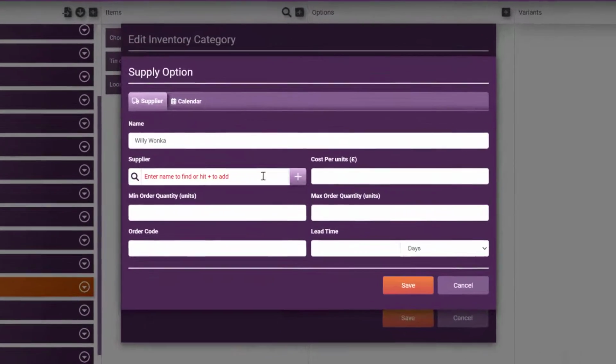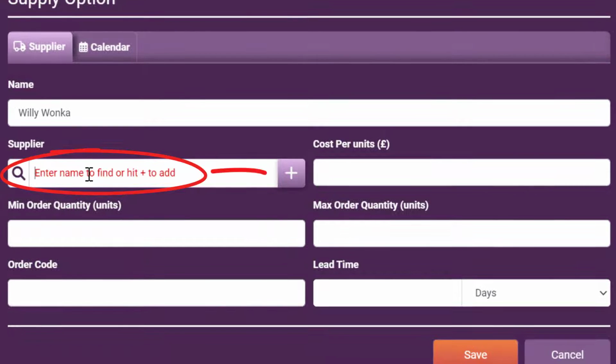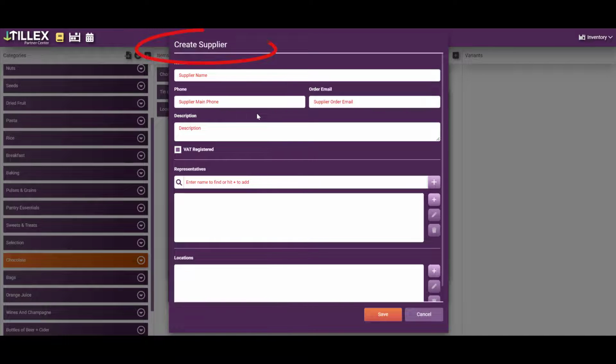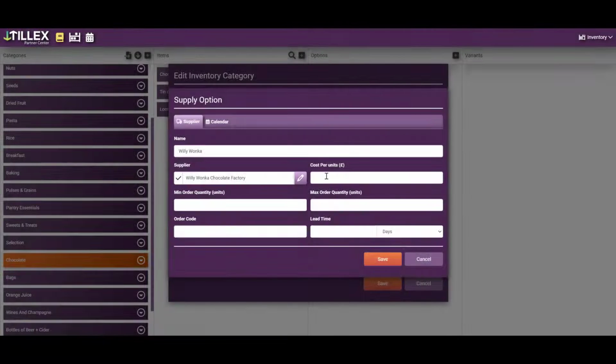Then search for the supplier in the database. If they don't pop up when you start typing their name, then they haven't been entered. Click the plus button to enter them. Notice this is to create the supplier, so you only need to do it once. So if the supplier is missing and you've filled the form in, you can then fill in the options for